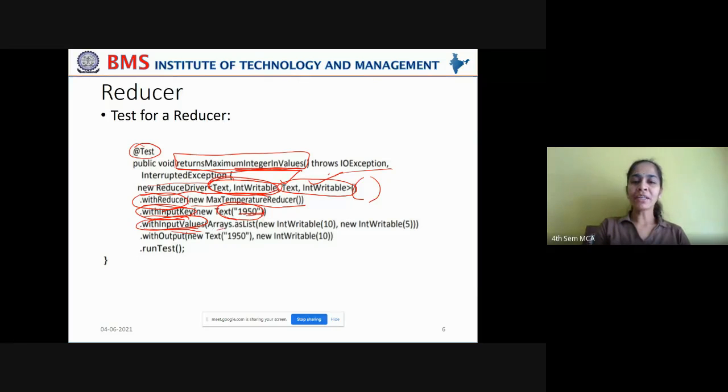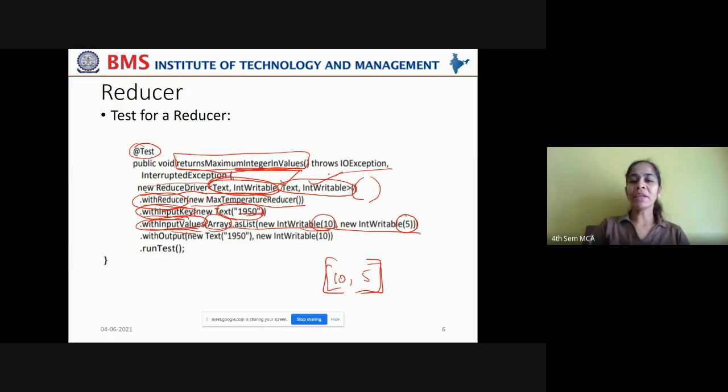So you are creating an array here. You're creating an array of values 10 and 5 just to test your functionality. So you're creating new integer with value 10 and new integer with value 5, and these two you're converting into a list, 10 and 5, using the Arrays class.